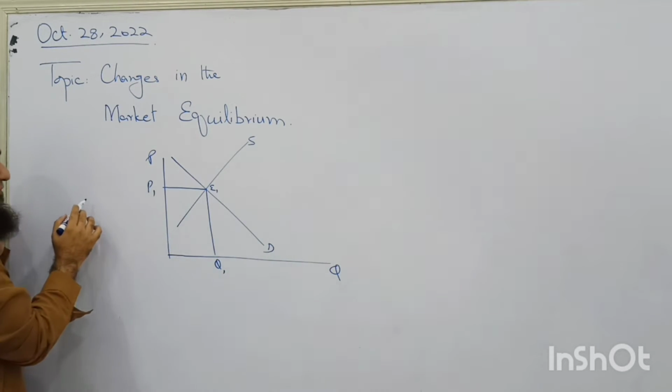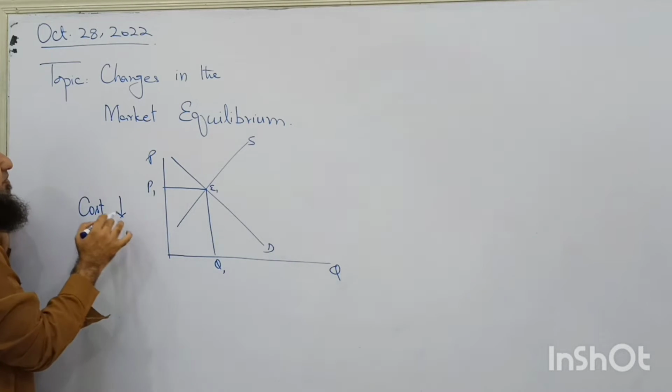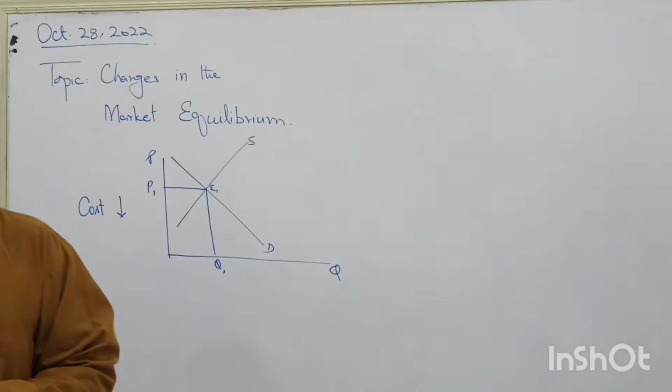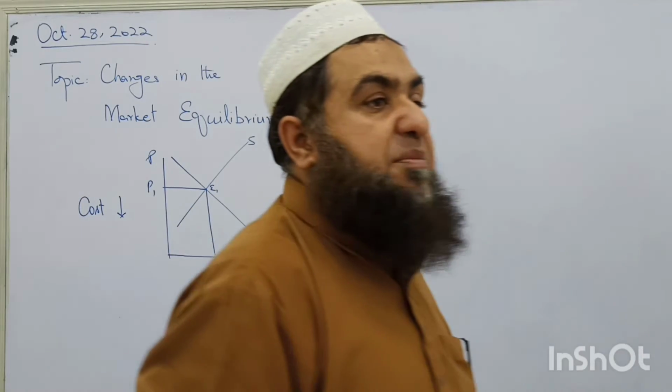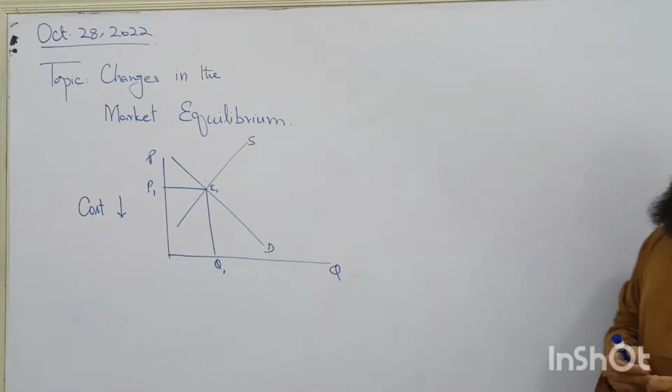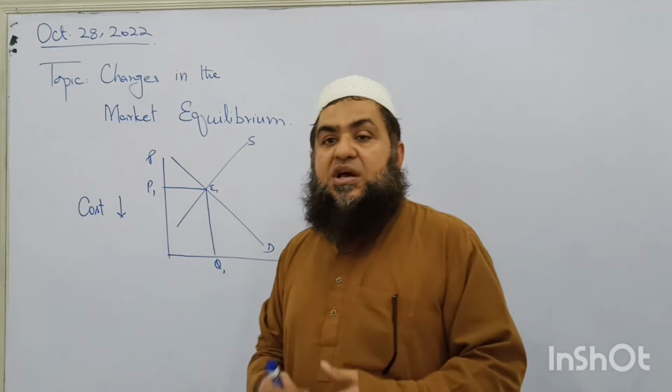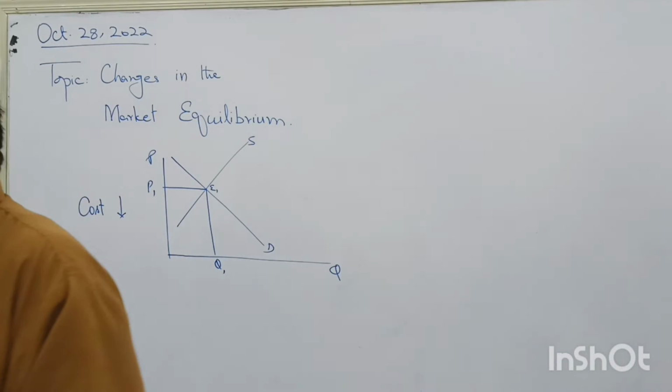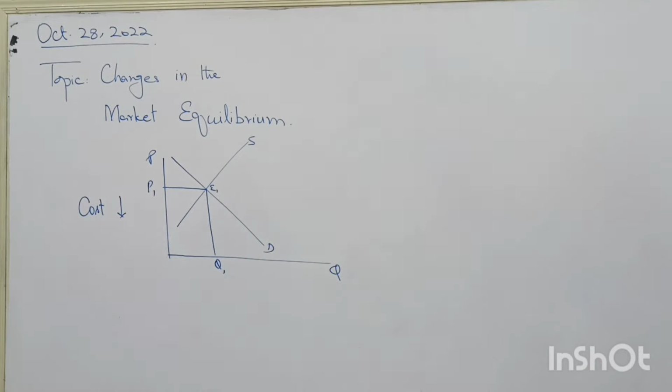Alright. Now if the cost of production decreases, like raw material prices have gone down, or there are more workers available in the market, which has pushed down the wages of the workers. When there is more supply of workers, the wage rate may go down. Usually it does not come down. So we see when the cost of transportation, raw material or anything has gone down, the profit of the producers has increased. So they are encouraged to supply more output in the market.